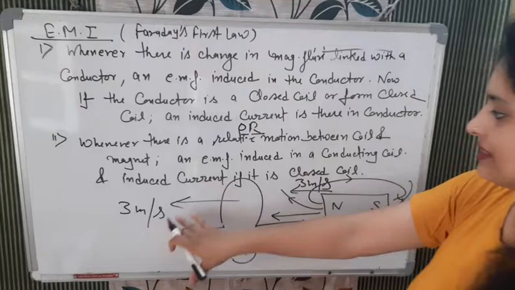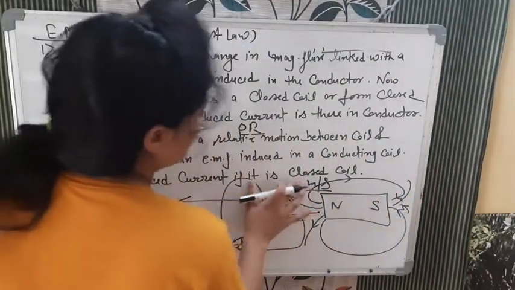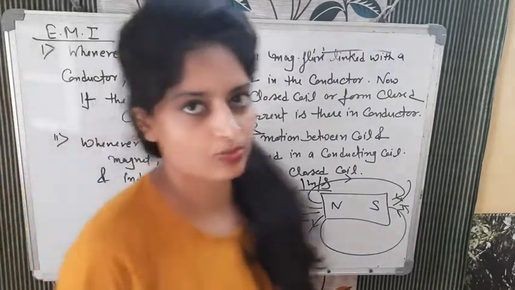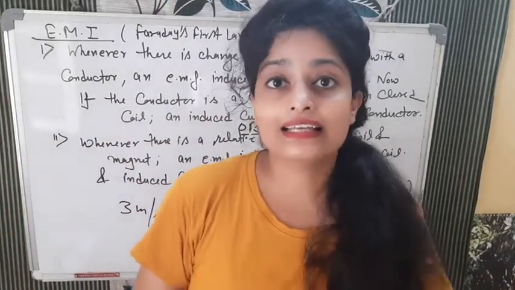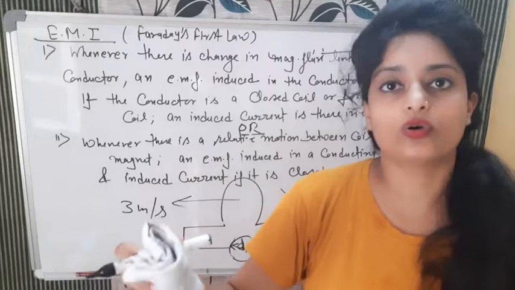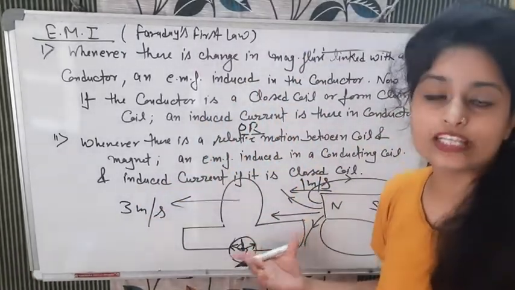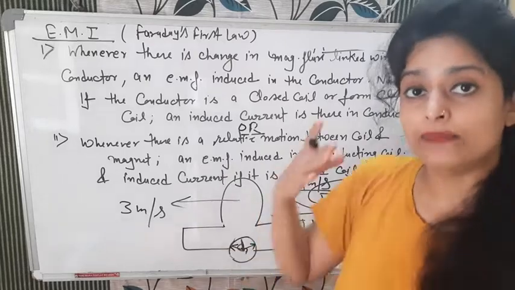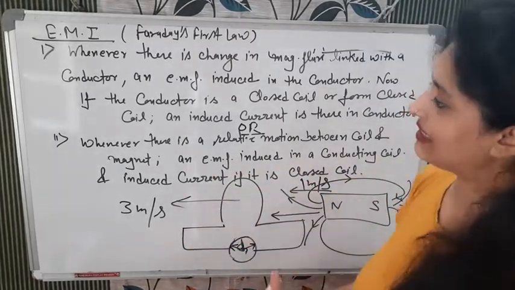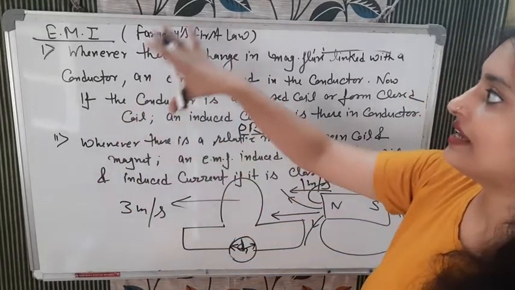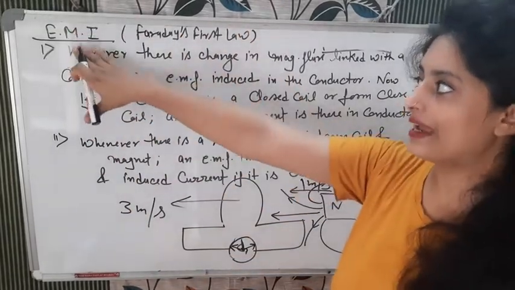But if there is a change in these speeds, for example, this is 1 meter per second, this is 3 meter per second, in that case, it is possible. Okay? In that case, it is possible either they will decrease or they will increase. रिलेटिव मोशन, अगर दोनों का स्पीड सेम है तो नहीं होगा, but if there is a change in the speed, in that case also it is possible. So I hope you got the first definition, Faraday's first law, electromagnetic induction.